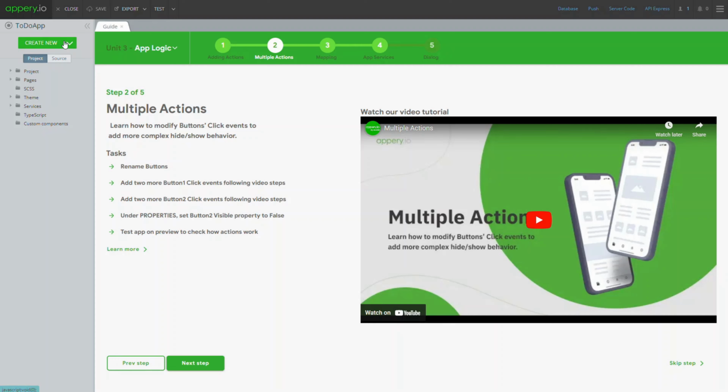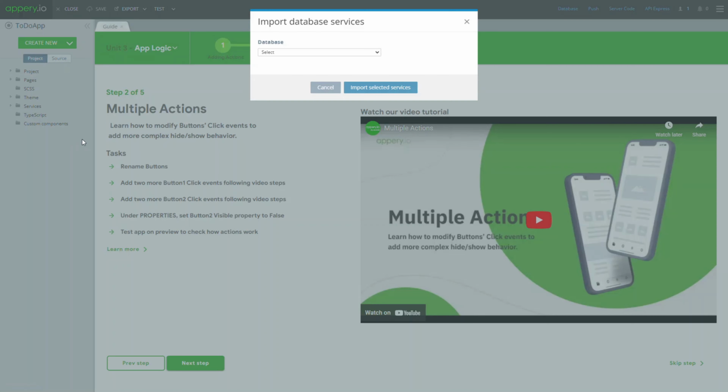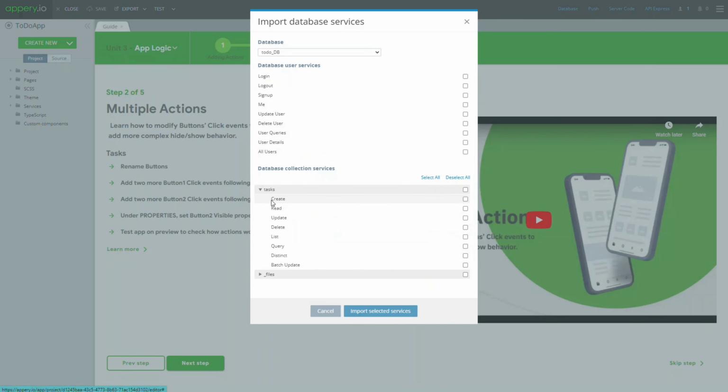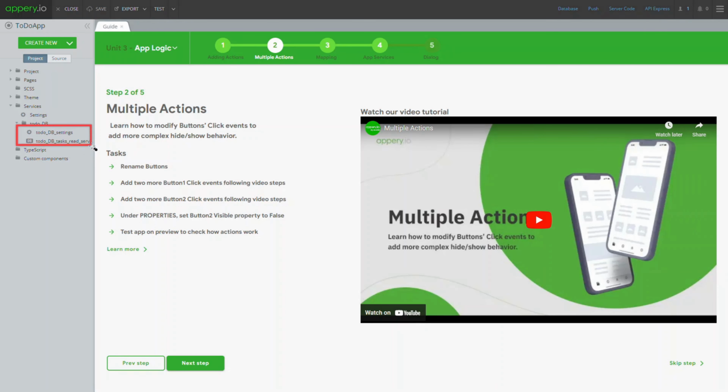When in the app, click Create New and select Database Service. In the modal window, select the database we just created, unfold its tasks collection folder and check the Read Service checkbox. Confirm import. In a moment, you can check that two database services have been created, the default settings service